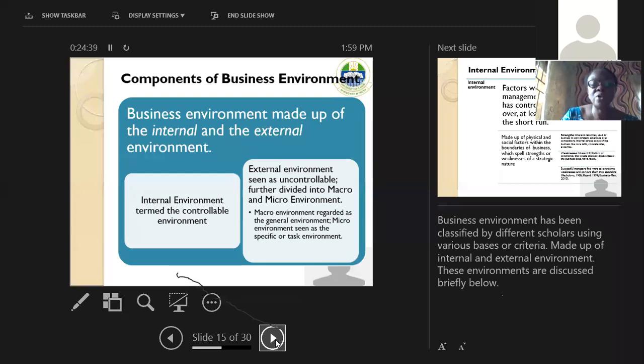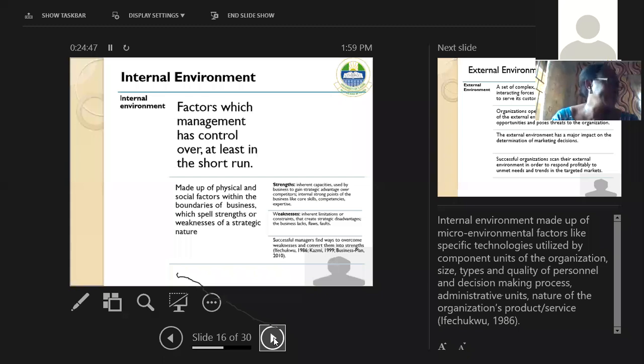Now, let's look at what the internal environment is. Like I said, they are factors which management has control over, at least in the short run. If nothing in the short run, they have control over such and can make changes where necessary. This environment is made up of physical and social factors within the boundaries